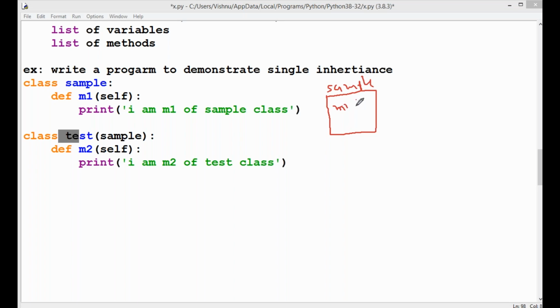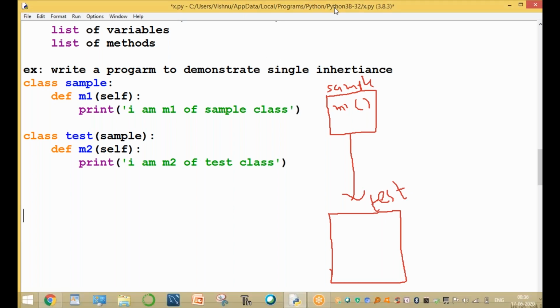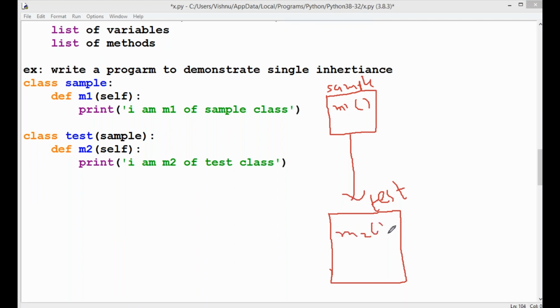Sample is the old class and test is the new class. The test class itself contains only one method, M2.